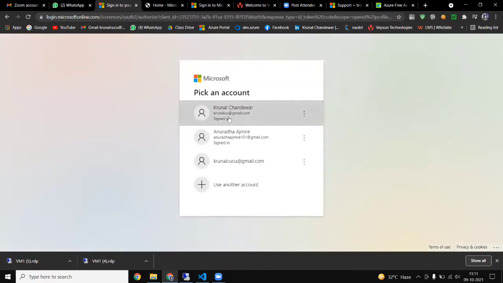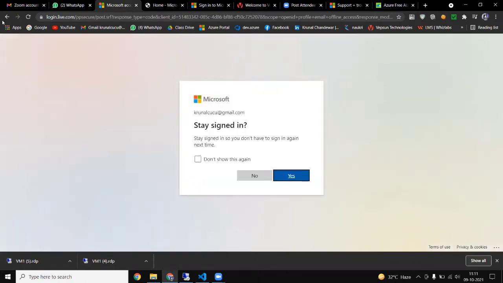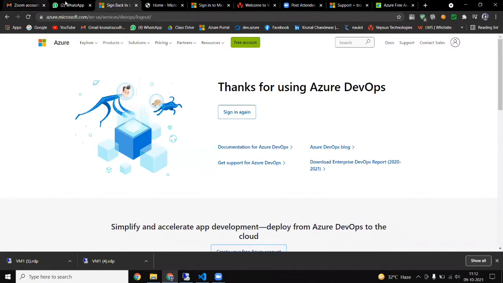I'm logging in with the same credential as your Azure portal. What you have to write is dev.azure.com, and then it will ask you to sign in. Include your credential of your Azure portal, and when you include that credential, you will directly switch to this page.